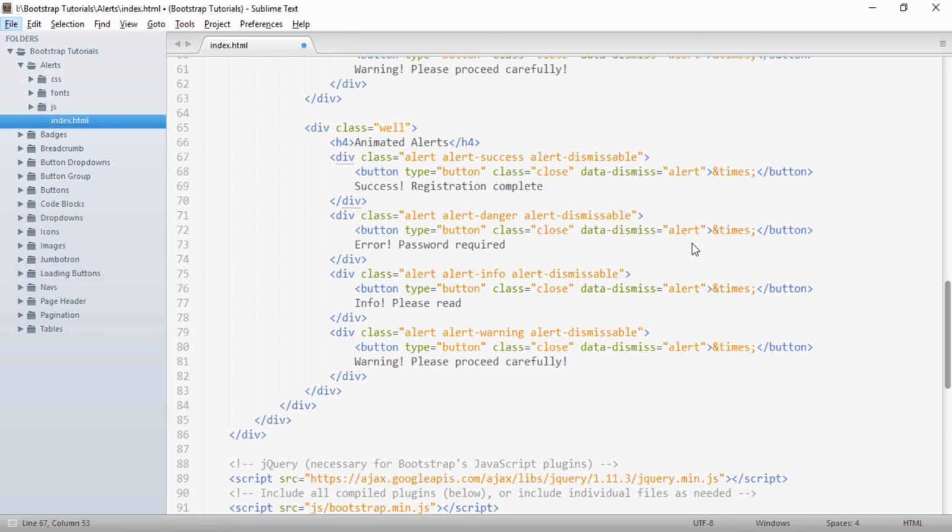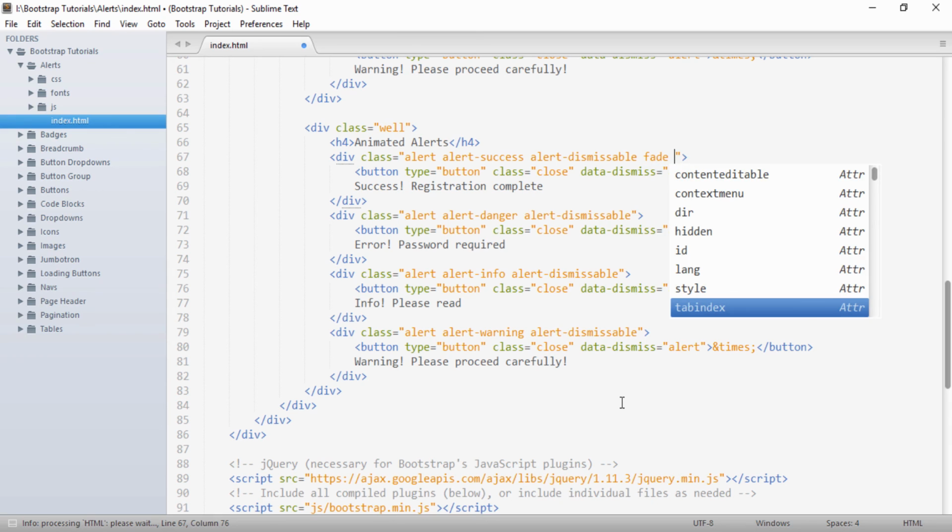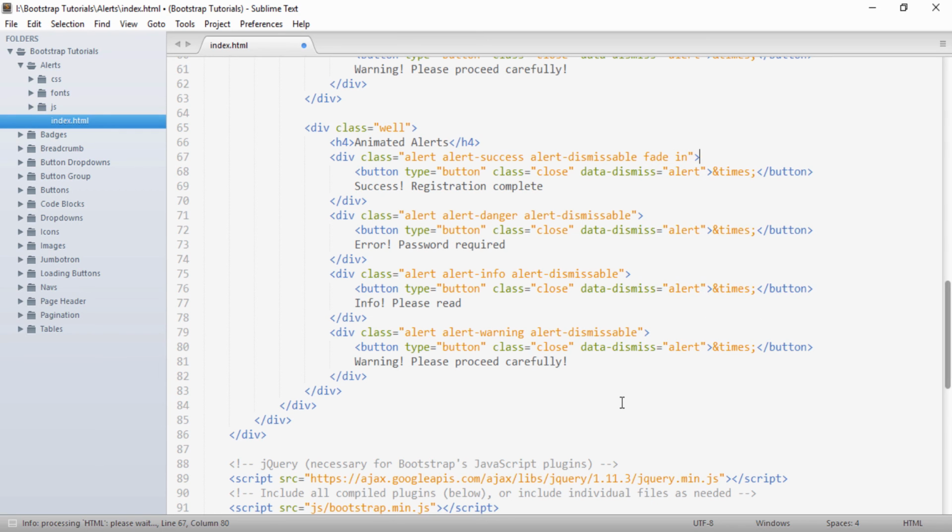animated alerts. So the only change we need to make here is after alert-dismissible, we have to provide a class as fade and in. So these are the two classes we need to provide in order to make an animated closing alert. So I will copy and paste these two classes to all the alerts.